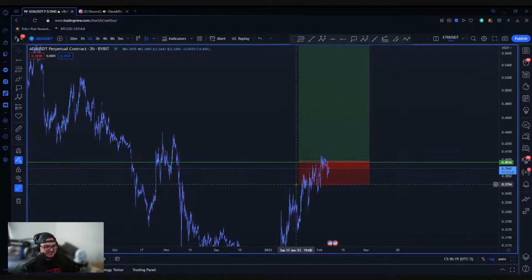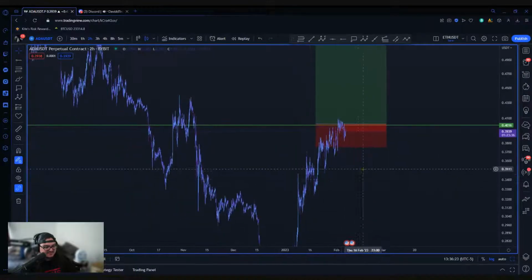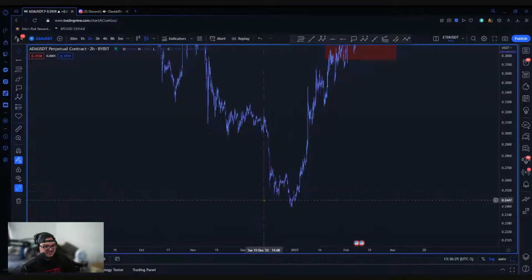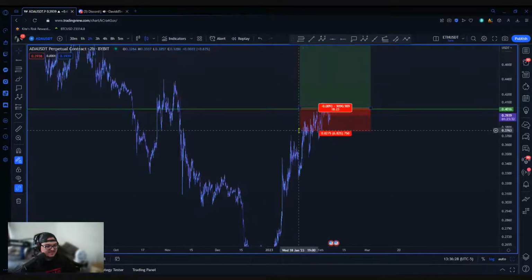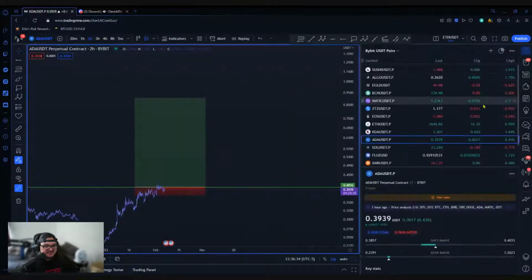I would not suggest using a higher R&R setup just because you're more likely to get stopped out, especially at a larger pivot like this. If you call it the bottom, yes, maybe, but obviously we're not there anymore. So just tread lightly when it comes to taking these positions. I would try to just aim for the bigger swing. Not financial advice, just something I would do personally.